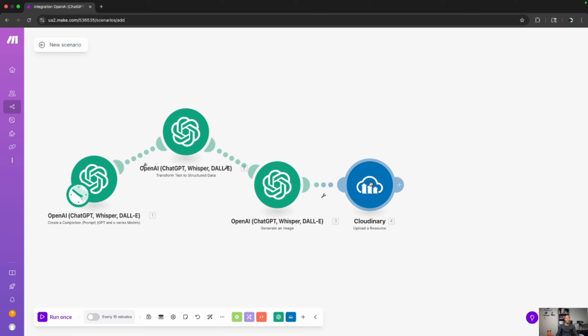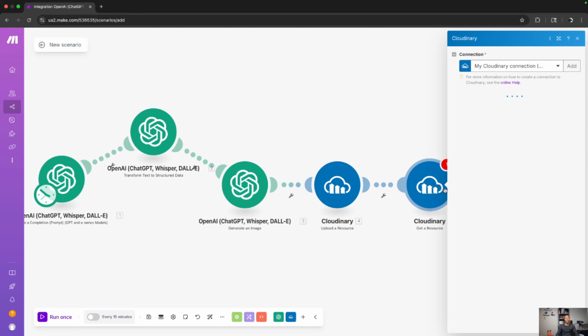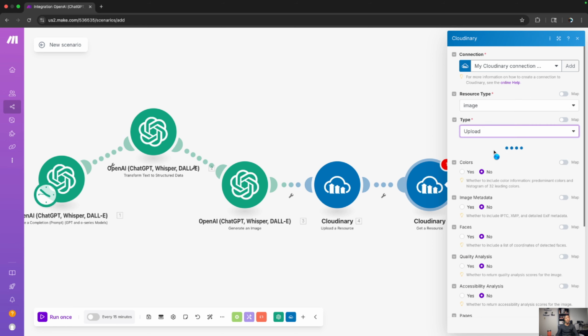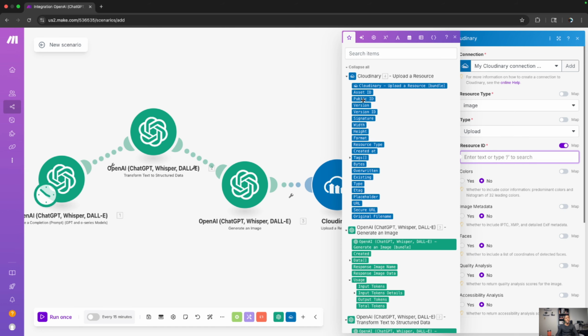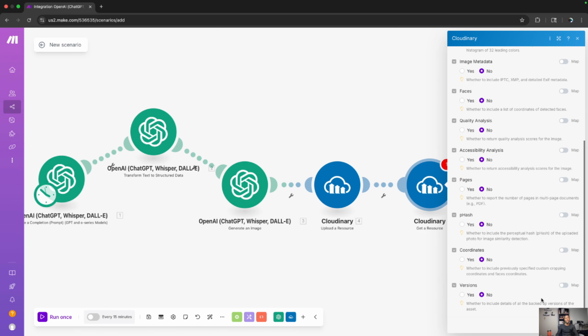Once we upload the resource, we want to get the resource from the cloud. So basically, you want to pull that image URL. So we use Cloudinary again, and we use get the resource. So what resource do we want? The resource type is going to be an image. The type is going to be upload, and then what do we want to get? We want to get the public ID of that data, which is actually the name of the image file that's